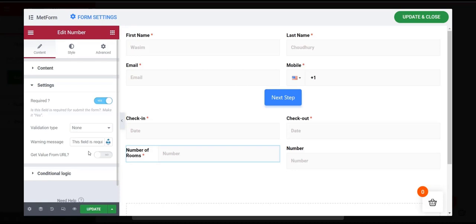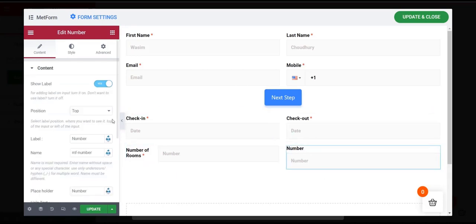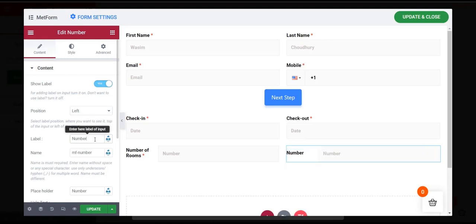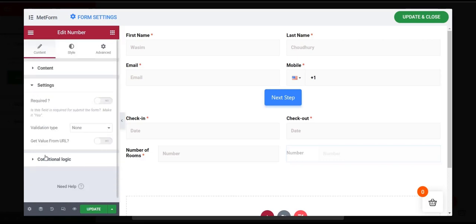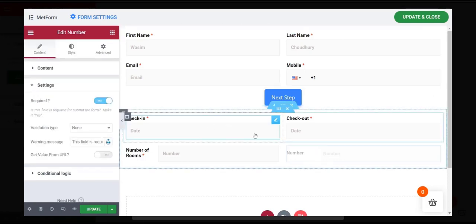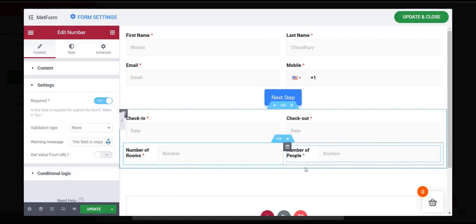So same goes for the other input field. So yeah, that actually ends the second section of this form. So now you have to move on to the